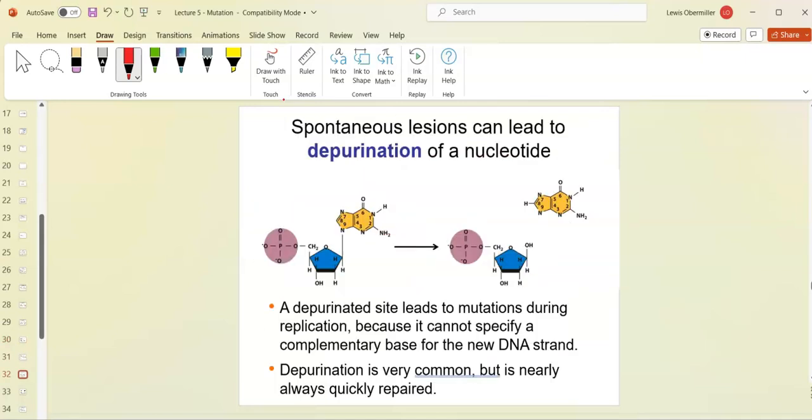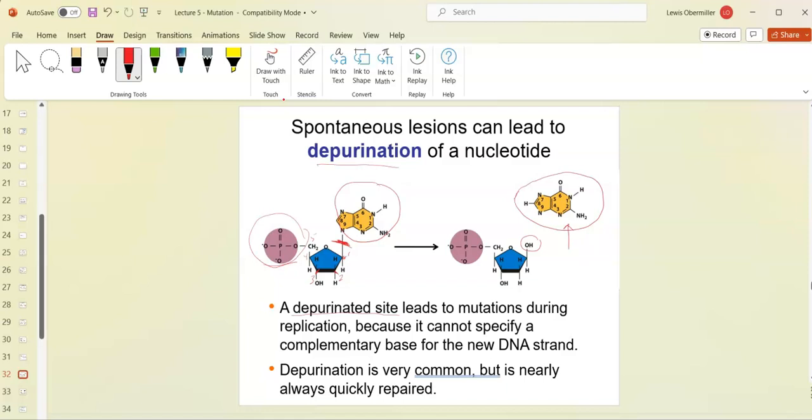Okay, so we can have depurination as well, right? So here's DNA. Remember, this is a nucleotide, so this is a monophosphate. It has a single phosphate group, 5 prime, 4 prime, 3 prime here, 2 prime, 1 prime, which is the base carbon, which is shown here, right? And so in this case, this purine is cleaved off. Remember, purines are double ringed. So this depurination right here, this cleavage removal, and then of course this is a hydroxyl group, leads to mutations